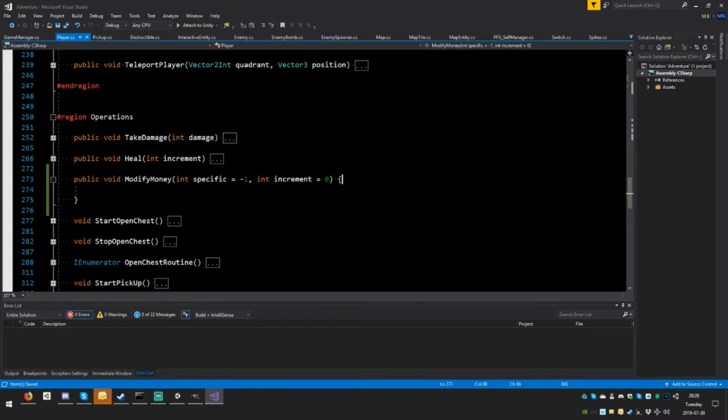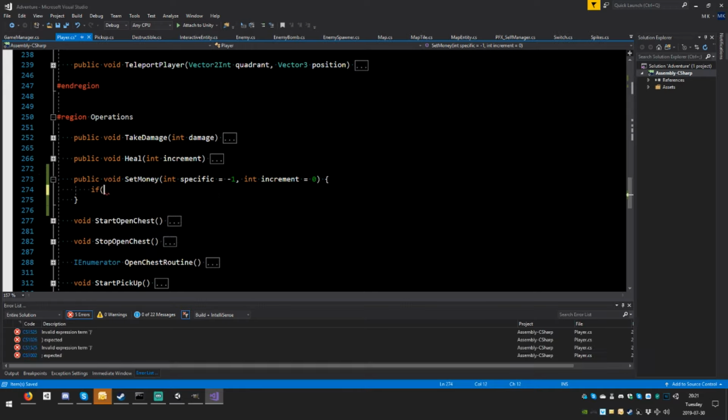Now, the reason why I'm doing this is because we can change this to setMoney, with a capital S, because when we load the save, we want to set, say, 2,000 or whatever it is that we had saved, right? You don't want to have to deal with increments at that point. It's a pain. So here you're going to check if specific,